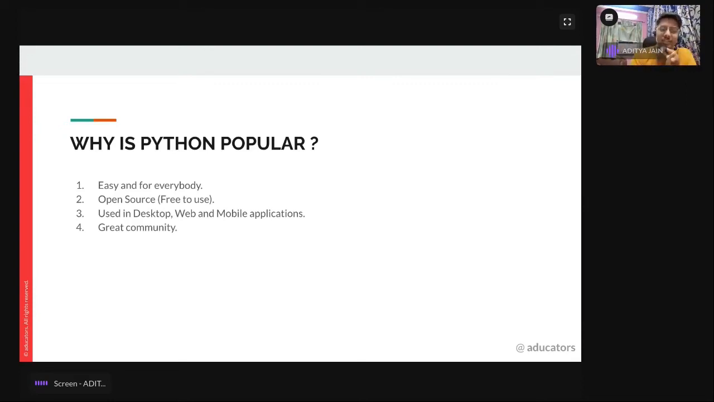The first reason will be definitely easy for everyone. Okay, it's easy for everyone. Yeah, easy and for everybody, basically. Open source, yeah, one of the beautiful things in our industry, which is open source. Okay, in today's world, if you use C language for free, if you use C++ for free, thanks for open